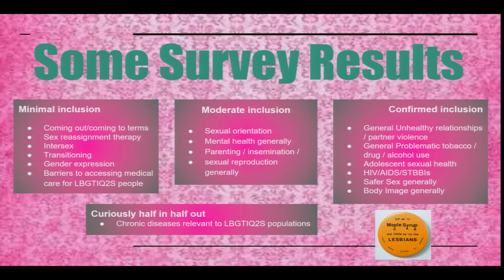Things such as coming out and coming to terms weren't really addressed in curriculum. Sex reassignment therapy, issues of intersex, transitioning, gender expression, and barriers to accessing medical care for